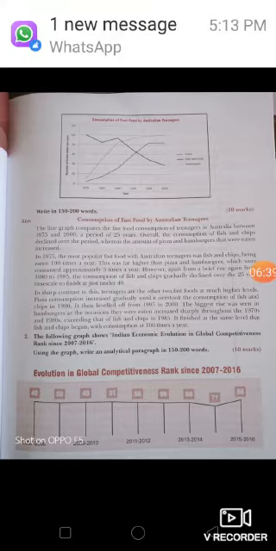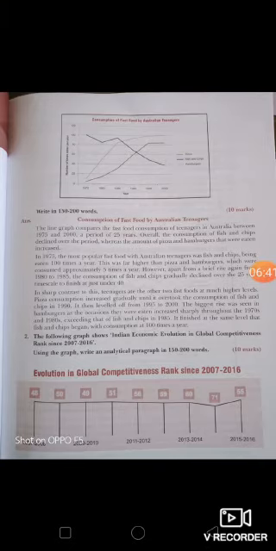Next, in this paragraph the writer describes the comparison, and in the third paragraph, what is going on: in sharp contrast to this, teenagers ate the other two fast foods at a much higher level. Pizza consumption increased gradually until it overtook the consumption of fish and chips in 1990.